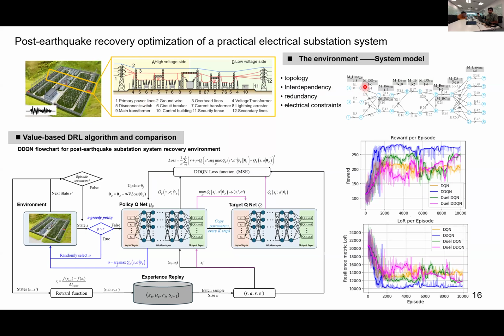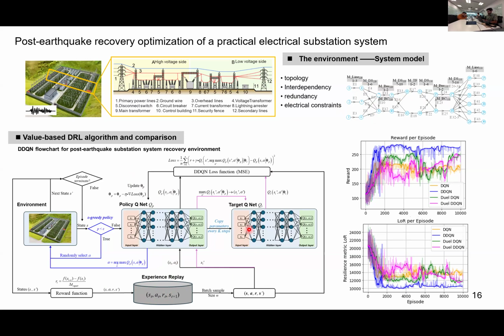And we define the system functionality as the transmission capacity to consider the redundancy and also some electrical constraints in the system. Then based on this system model, we can simulate the post-earthquake recovery of the system after the earthquake, so that we can generate many experiences composed of the state, action, reward, and next state. And this data set will be fed into these reinforcement learning algorithms to learn the best repair policy that can